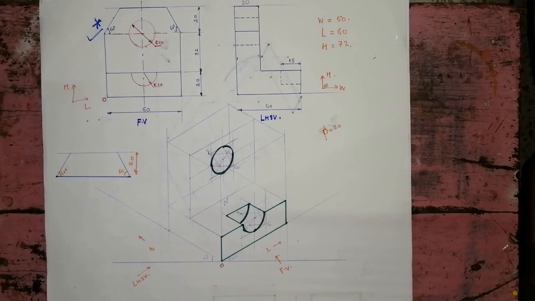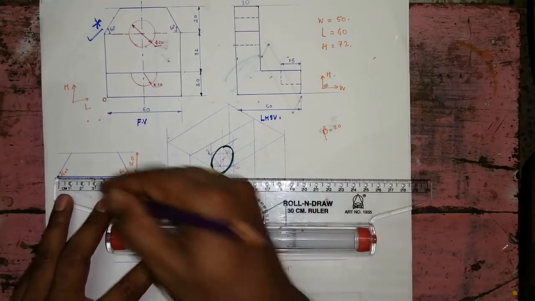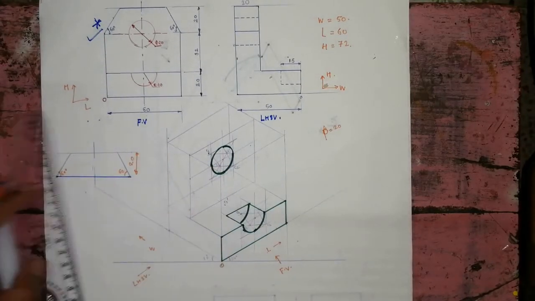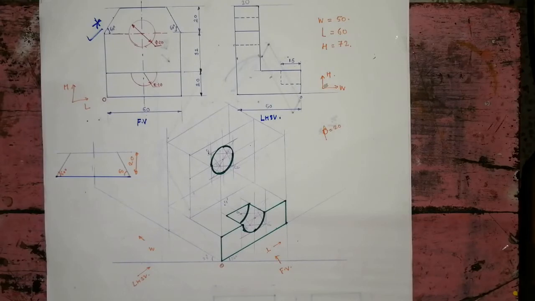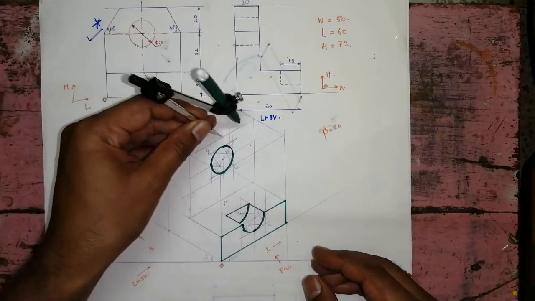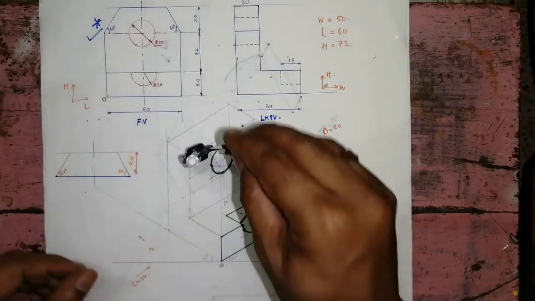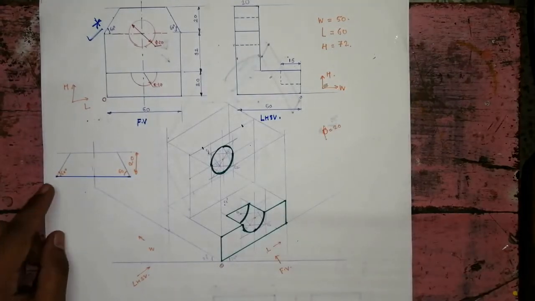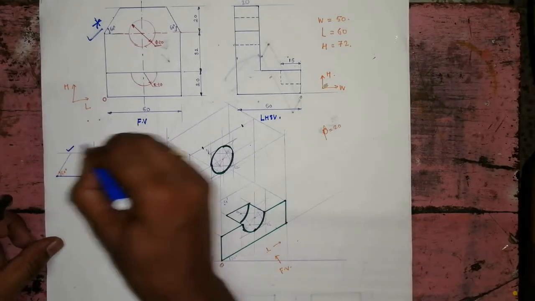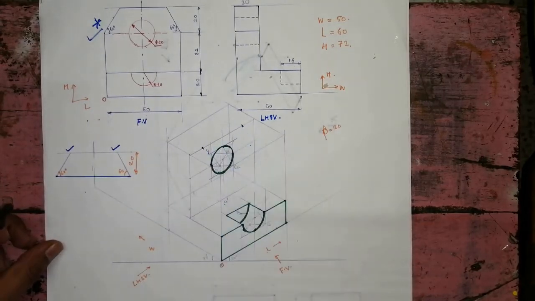Which distance? Now we will take the distance directly from the center. This is 60, so I am marking this as 30, and suppose this is our center line. So I am taking the distance from the center here. This is my center, so one on this side and the other on this side, like this. So I got these 2 points, this point and this point here. Now I'm making it dark.